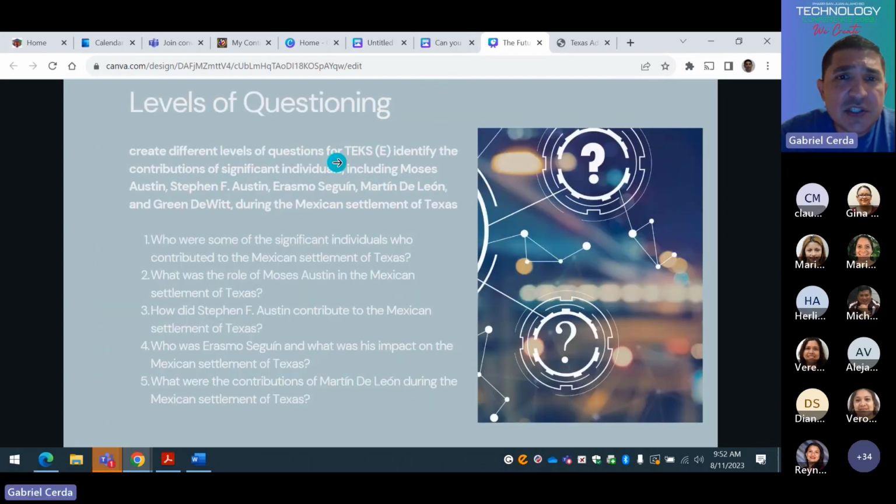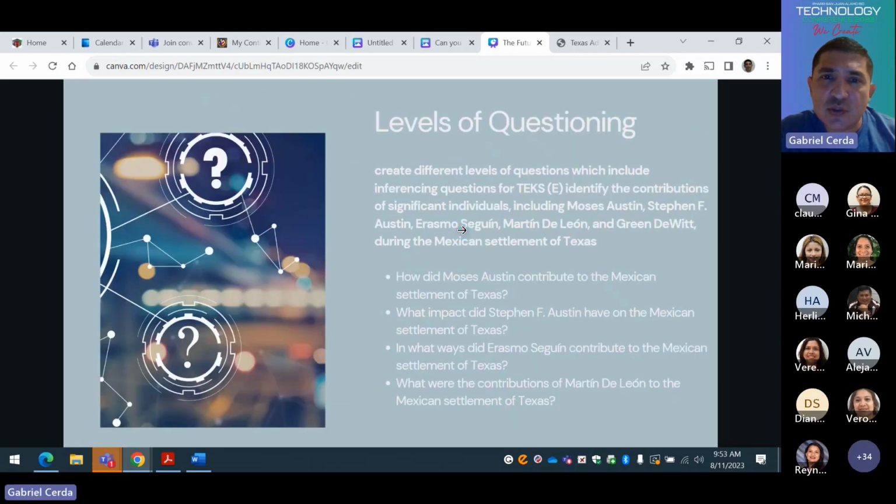Create different levels of questions for this TEK. And again, sometimes you may have to reword it because this is too generic, right? So who were some of the significant individuals? What was a role? These are mostly just those level 1 type of questions, right? So then I switched it up: create different levels of questions which include inferencing questions, right? So then it gave me questions like,